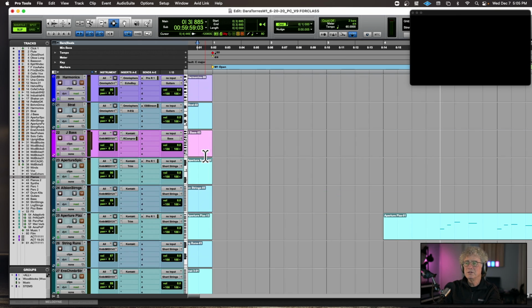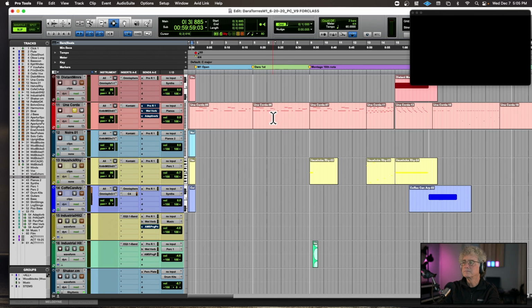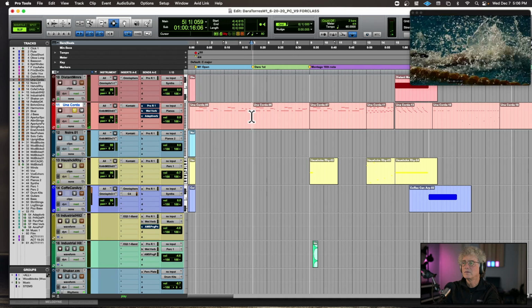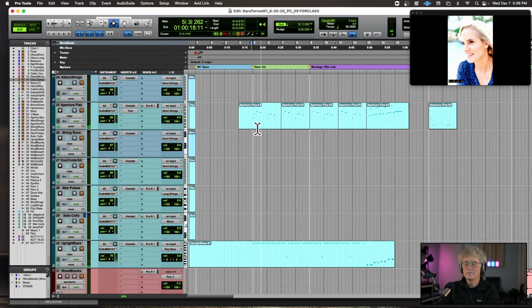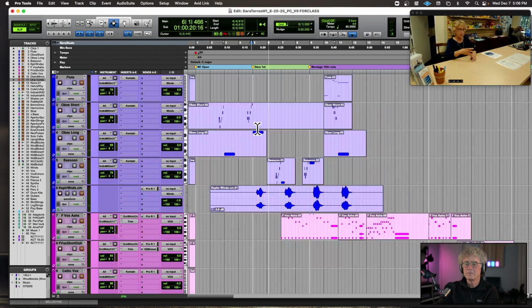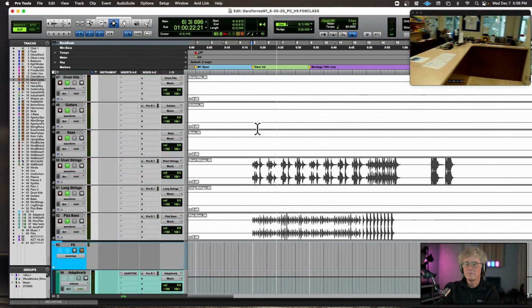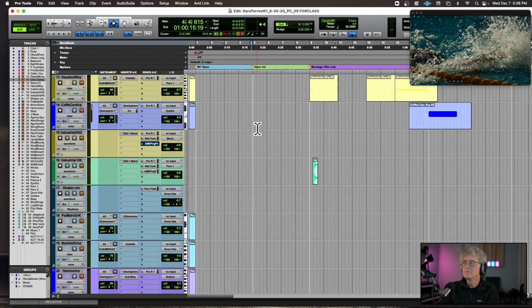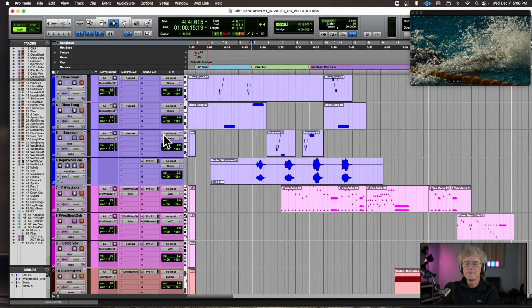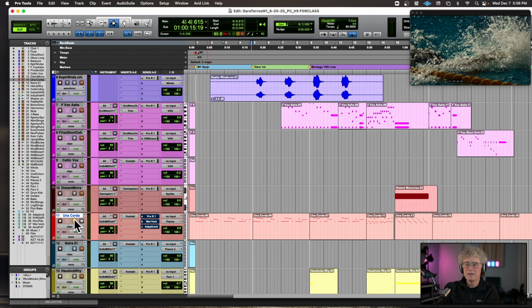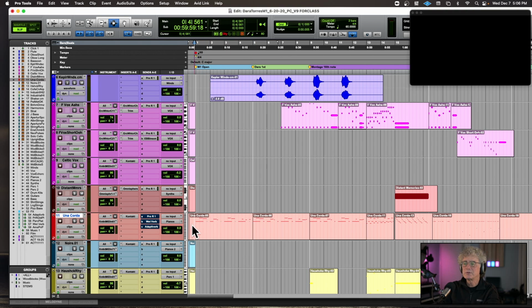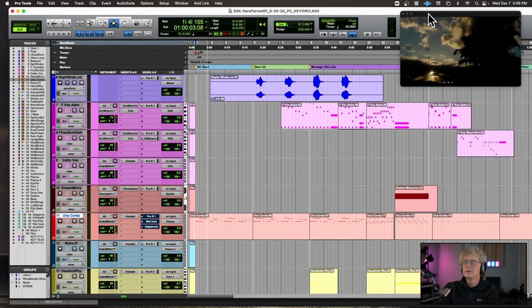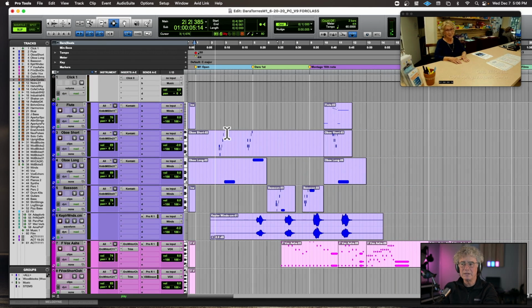All right, let's continue on. Okay, so let's unsolo the piano. So we start off with that little piano figure, right? With just very simple winds.